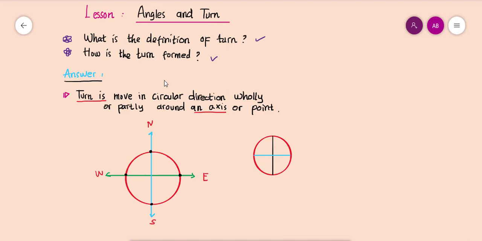Teacher Fia has already drawn right over here the turn and an axis. So you can see the turn is a movement in a circular direction, wholly or partly, around an axis or point. You already understand the point, right? The point is the same as a dot. This is also a point. But what is an axis? Okay, an axis is